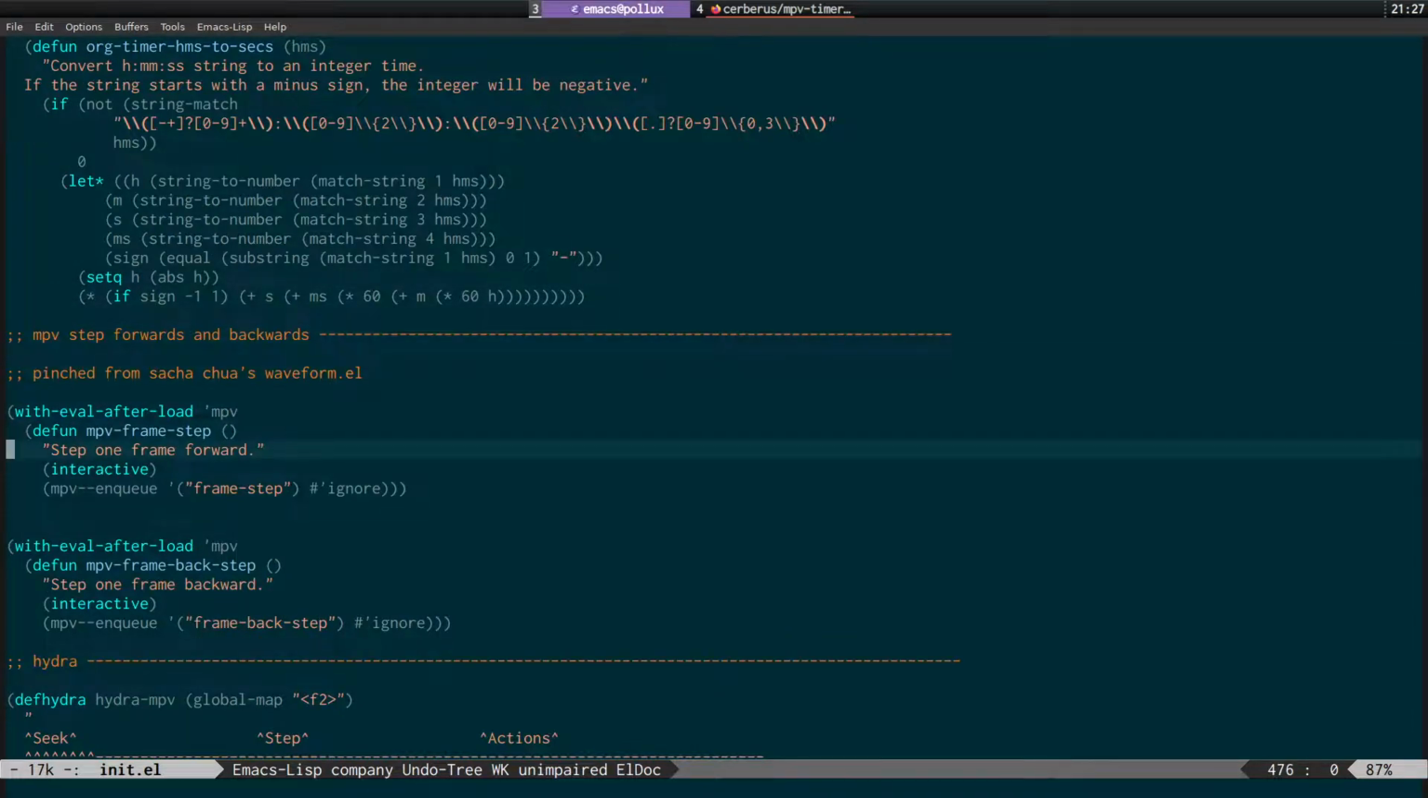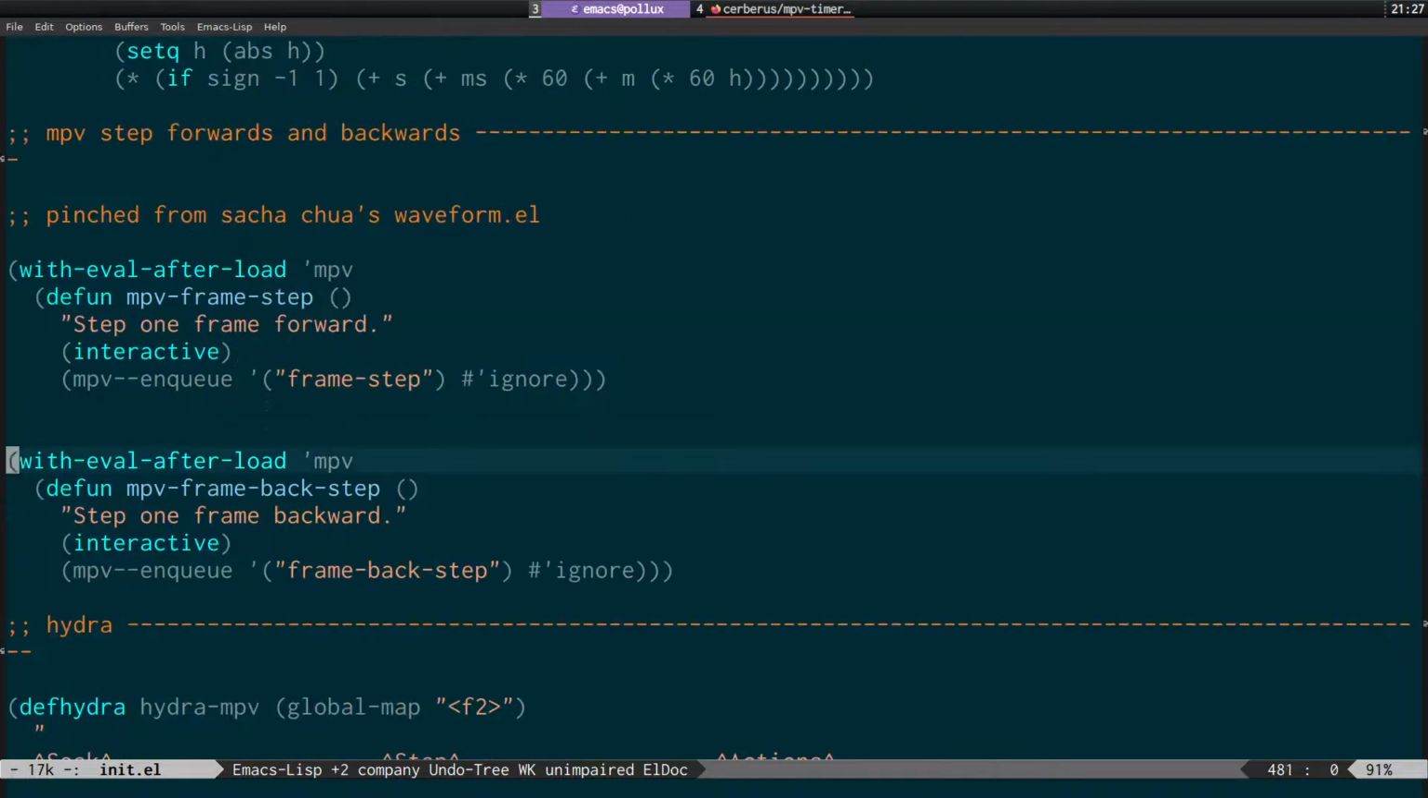So this is what I was talking about. These are the commands that use the mpv and q command from mpv.el. This is using the frame step command to go forward. I think there's another command called screenshot. So I'm just wondering if it's possible to sort of duplicate this code and get it to send